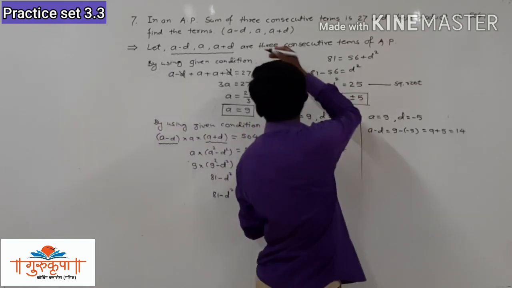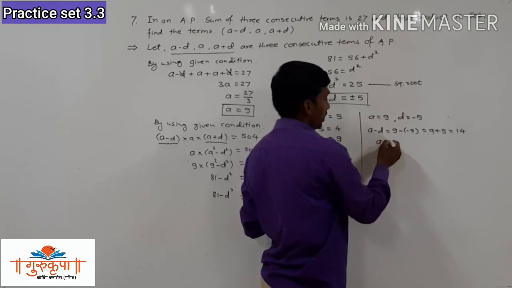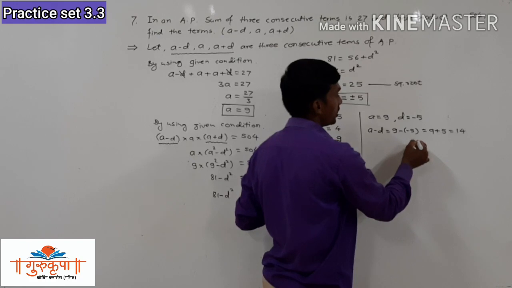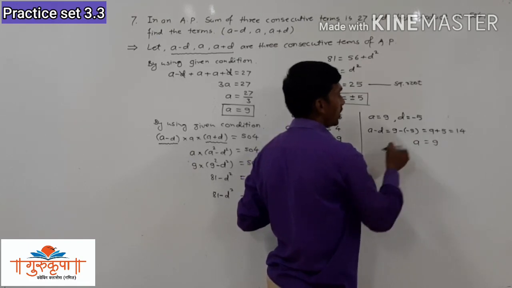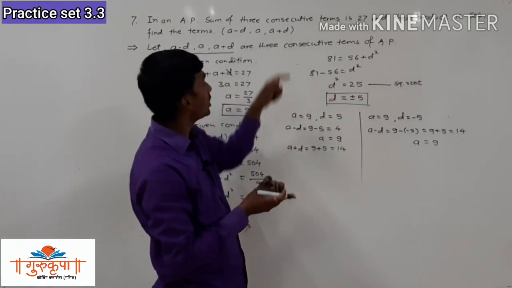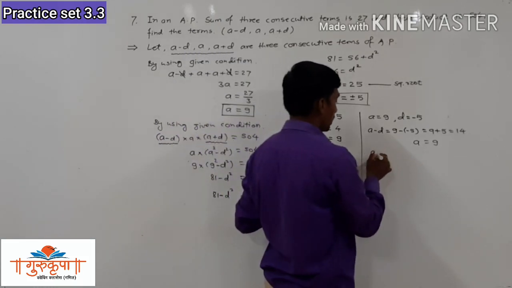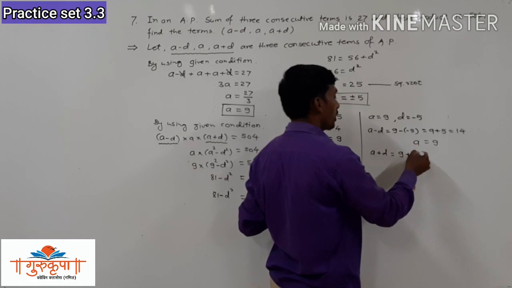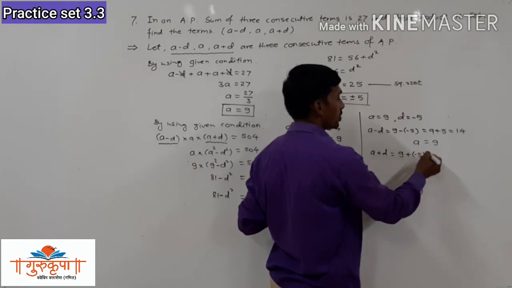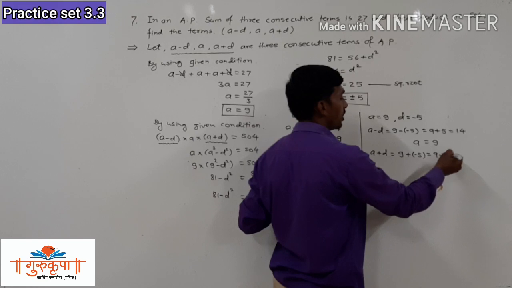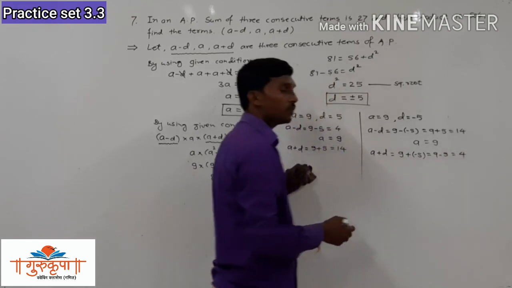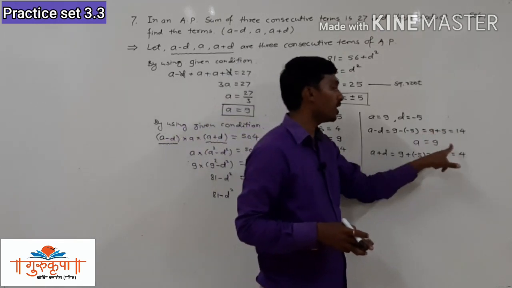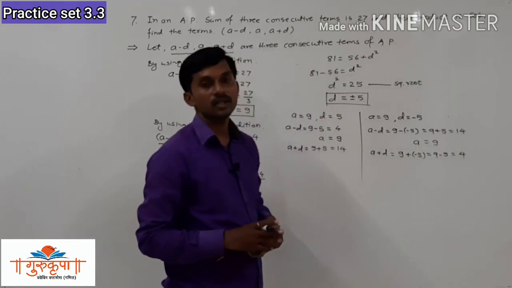Now here we consider the second term as a, and we have a is equal to 9. So you can directly write the second term, that is a equals 9, and the third term we consider, that is a plus d. So here you can write a plus d is equal to the value of a, which is 9, plus the value of d, which is minus 5, plus into minus is minus, and 9 minus 5 is 4. So we get the same terms 4, 9, 14, or 14, 9, 4, just the order is changed.